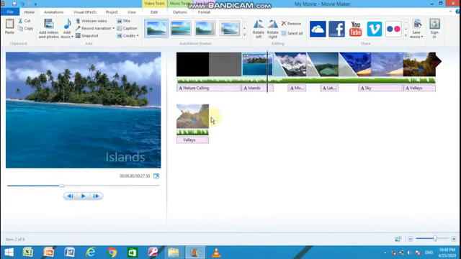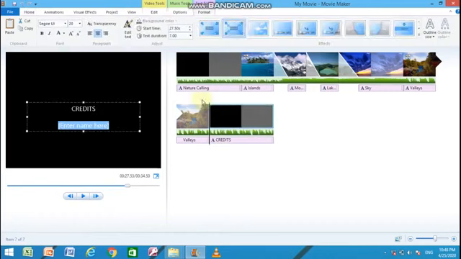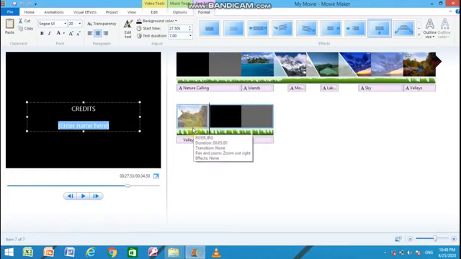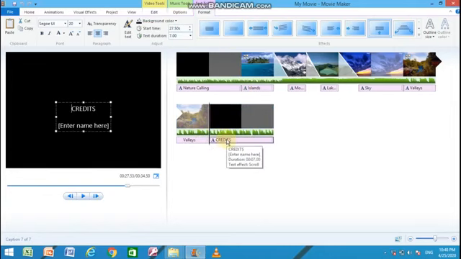Now add a credit note. Click on credit. Same like title and caption, a text object is added in the form of credits that will be displayed at the end of the movie. After end of the movie, double click.